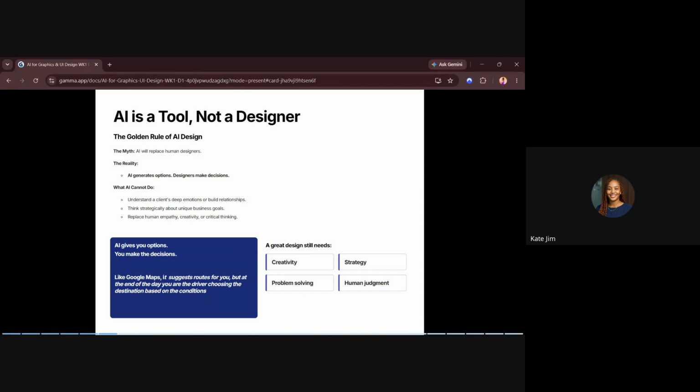Even before AI responds, you must say something first. Are you not the one that initiates the conversation? Some of you say, hello, AI, good afternoon. Have you eaten today? Hope you had a good night's rest. It is you as the human being that is going to initiate the conversation. So it doesn't know how to build relationships, or understand the client's deep emotions.